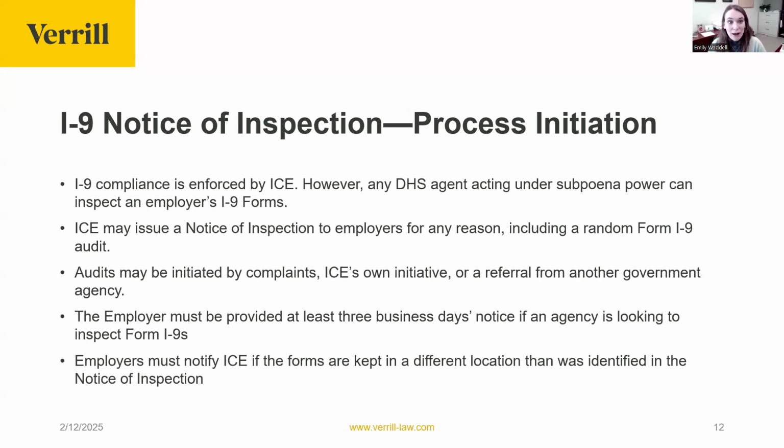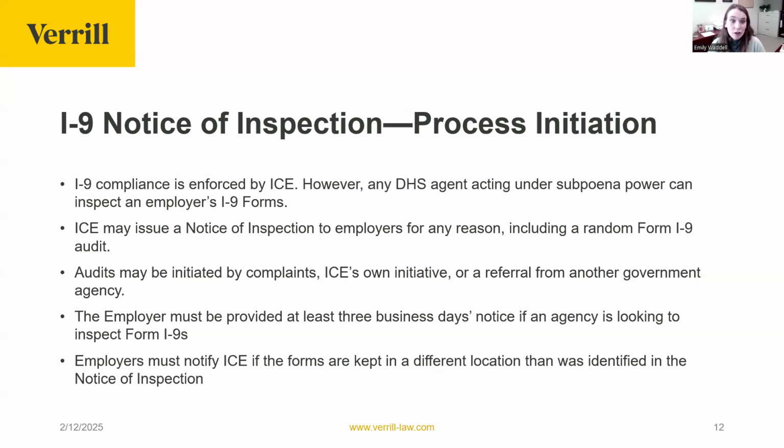It could be initiated by a complaint that came to their office, their own initiative, or a referral from another government agency. So, how would that kind of come about? That could be, say you get charged in a state EEOC forum, like the MHRC or MCAT or what have you. And perhaps through the course of that process, there's something that leads that investigator to believe that an I-9 might not be completed correctly or work authorization may not be correct. They could theoretically make a referral to ICE or DHS to have them conduct their own investigation pursuant to that